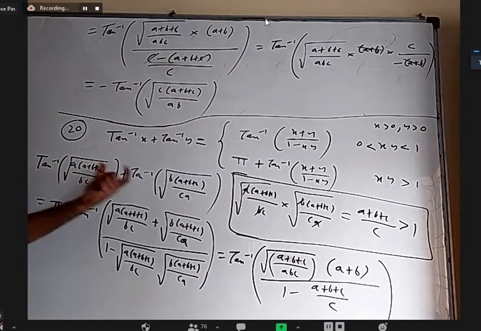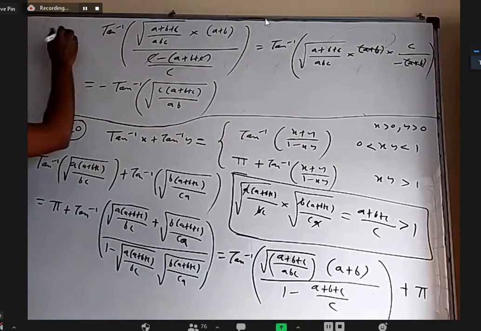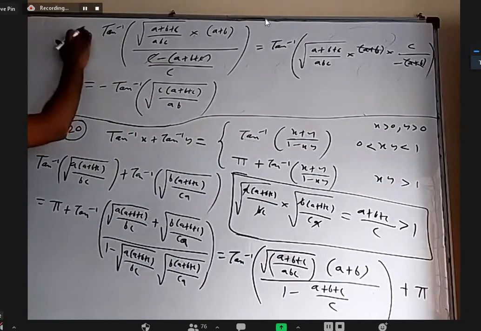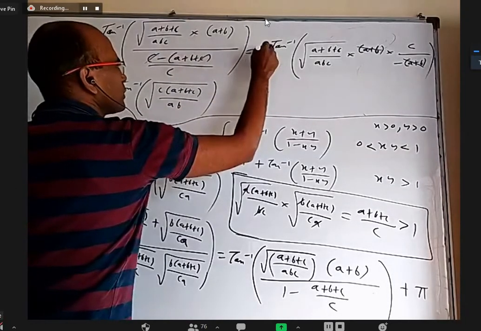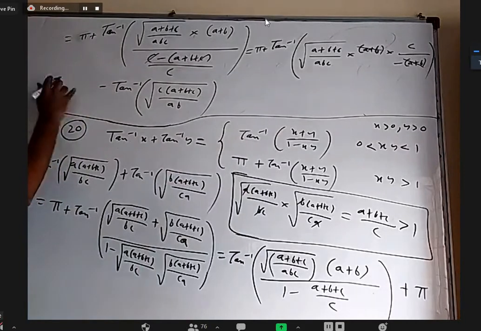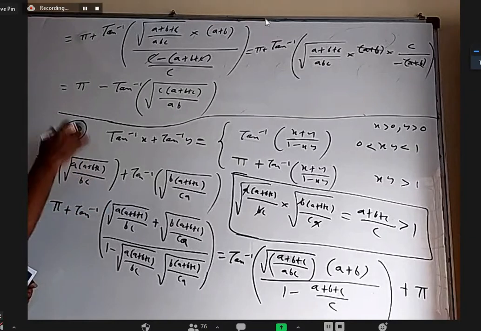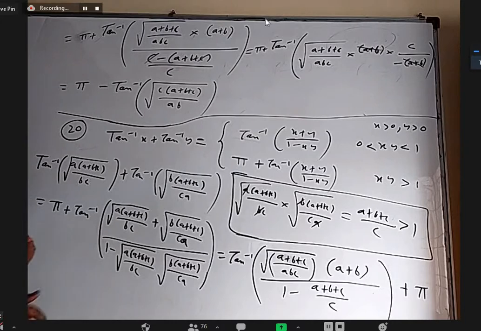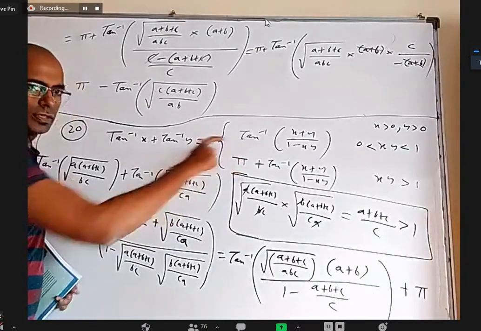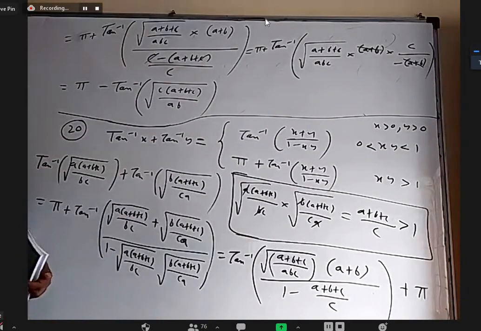So when we took the sum of these two, what about the pi plus? I forgot to write pi plus every time, sorry. Plus pi here. This is also pi plus, pi minus now. Okay. So now the sum of the first two came to pi minus the third expression. So if you cancel the third expression, you'll get pi. That's the answer, it is pi. If you forget this formula and only use this one, it looks like you will get answer 0, because you'll get only this one including the minus, which will cancel the third one. It appears like 0.